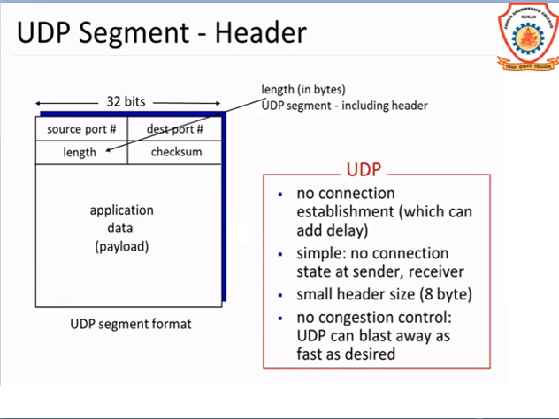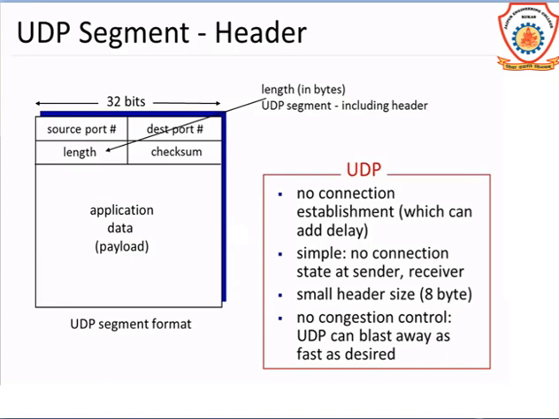Let's calculate how it is 8 bytes in UDP. See, 32 bits, 32 divided by 8, means 4 bytes per row. The source port and destination port fields take 4 bytes, and length and checksum another 4 bytes. So 4 plus 4 is 8 bytes, and then comes the data. So the UDP segment header contains 8 bytes, whereas the TCP segment header contains 20 bytes, which we will discuss later. If congestion occurs in UDP segments, then it creates a blast, meaning packet loss occurs.